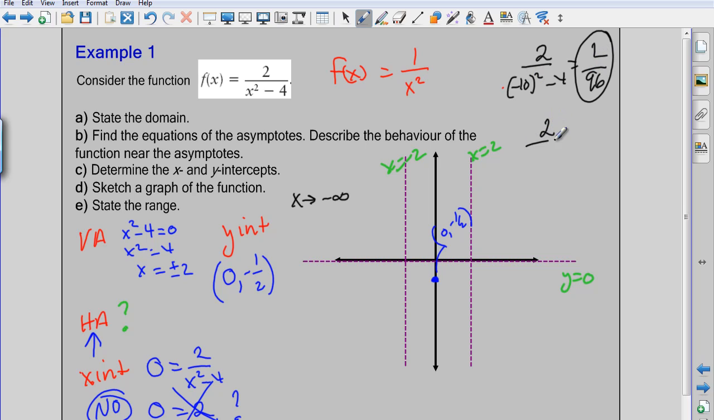If I were to substitute in -1000 and square it and subtract 4, the 4 really becomes sort of minimal in how it changes the function. But I end up with a value closer to 0. But because it's squared, it has to be above the x-axis. The next thing I could do